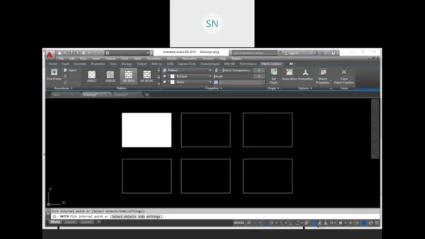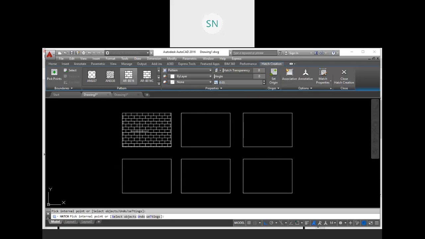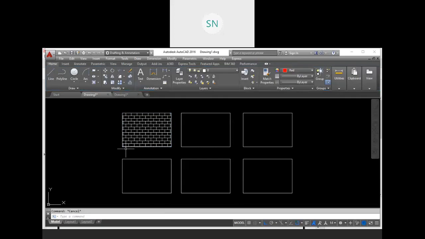That's due to a scaling problem, because this pattern is from the civil side, and our rectangle size is very tiny, very small. Let me scale it down. Okay, so I have scaled it down 0.03 times. So now it is proper.